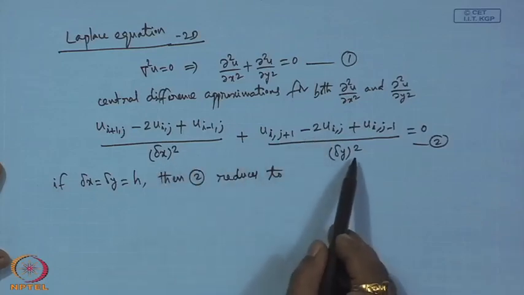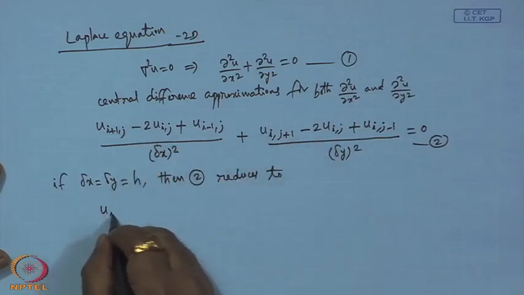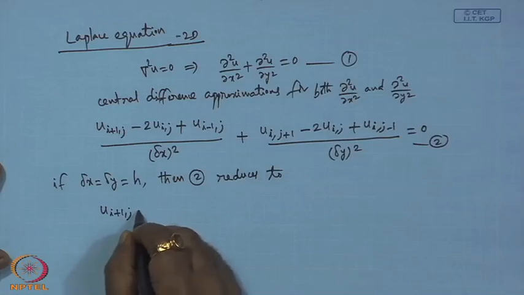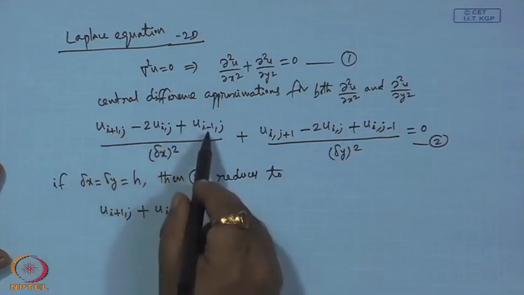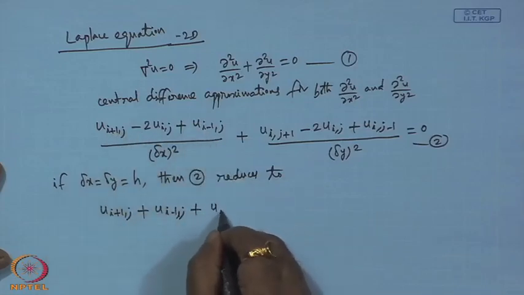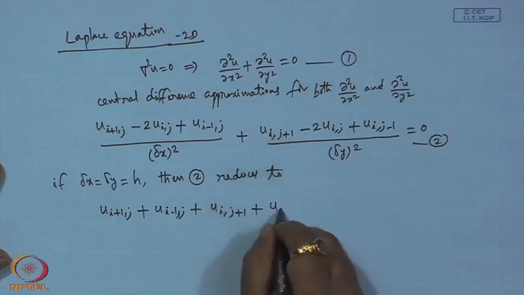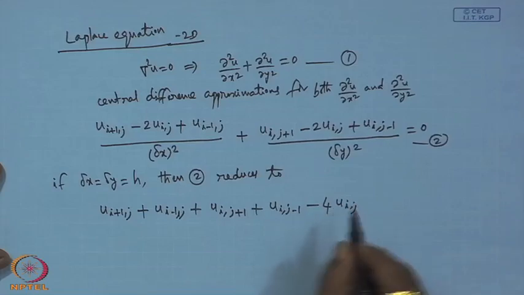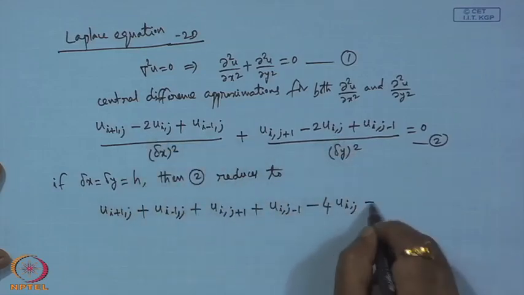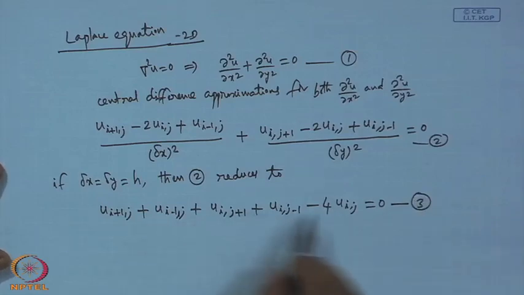So, this h square is gone, then it reduces to this term, this term, this term, this term, and we have minus 2 and minus 2. Okay. So, this is the corresponding approximation,